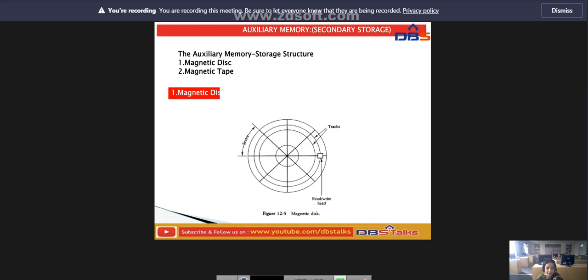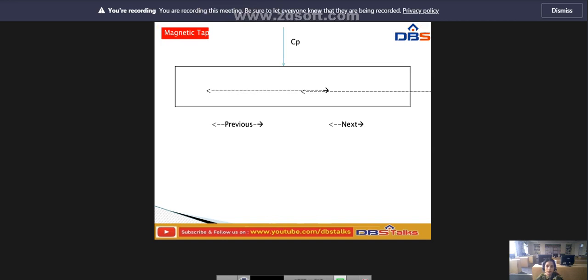Next, coming to magnetic tapes. What is meant by magnetic tape? A magnetic tape transport consists of electrical, mechanical, and electronic components to provide the parts and control mechanism for a magnetic tape unit. The tape itself is a strip of plastic coated with a magnetic recording medium. Nine bits are recorded simultaneously to form a character together with a parity bit.